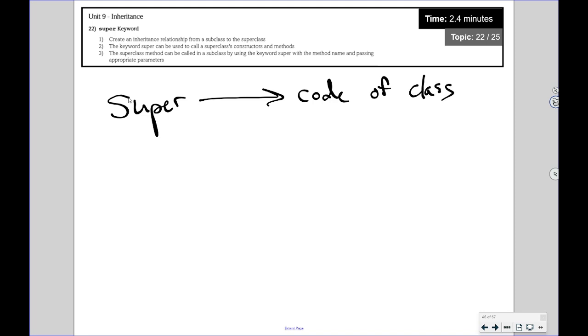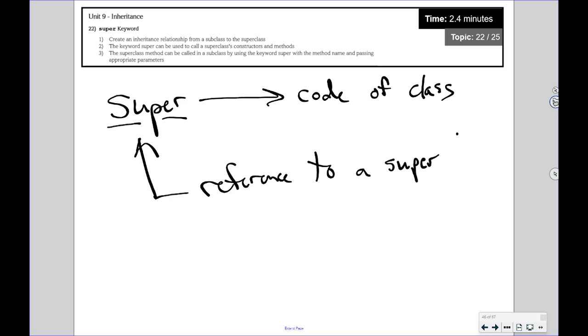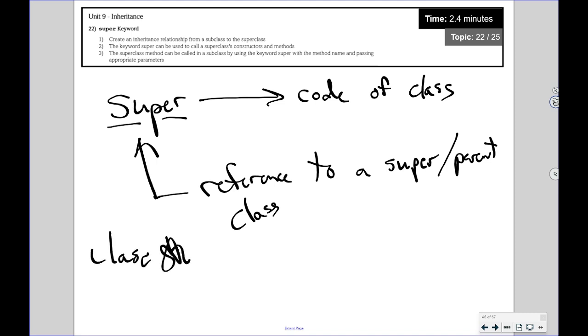But now what it is, the keyword super is a reference to a superclass or a parent class. Okay, so whenever you use the keyword super, you're referring to the superclass of itself. So if we have class Student extends